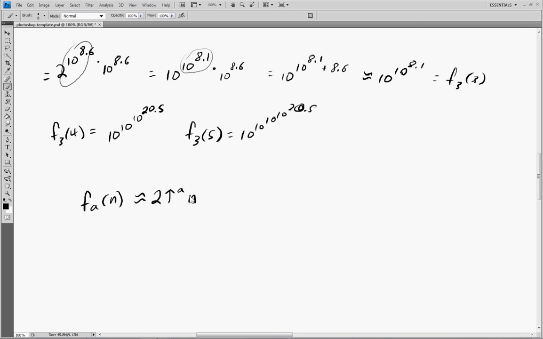And mind you, this isn't a great approximation when you first start out with like F1, F2, F3 and stuff like that. There's quite a large discrepancy. But when you get further up into the a's, like F sub 100 of a number, this would be a fairly accurate approximation, going 2 with 100 up arrows n,